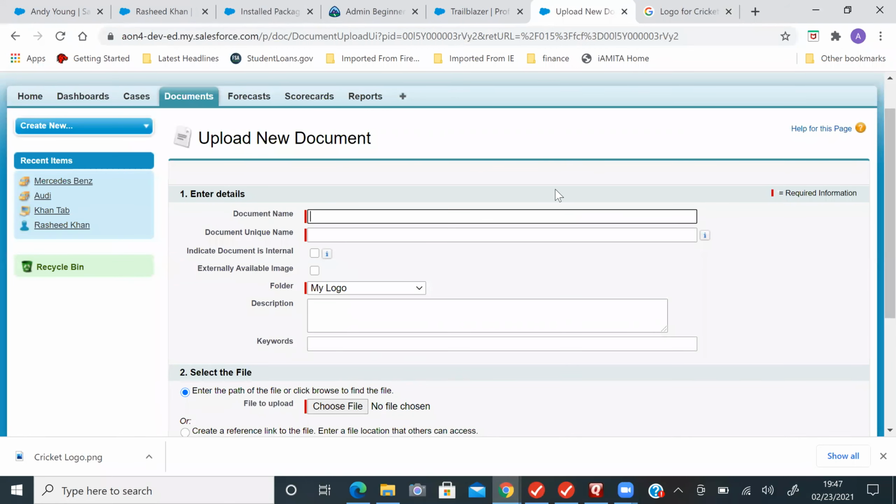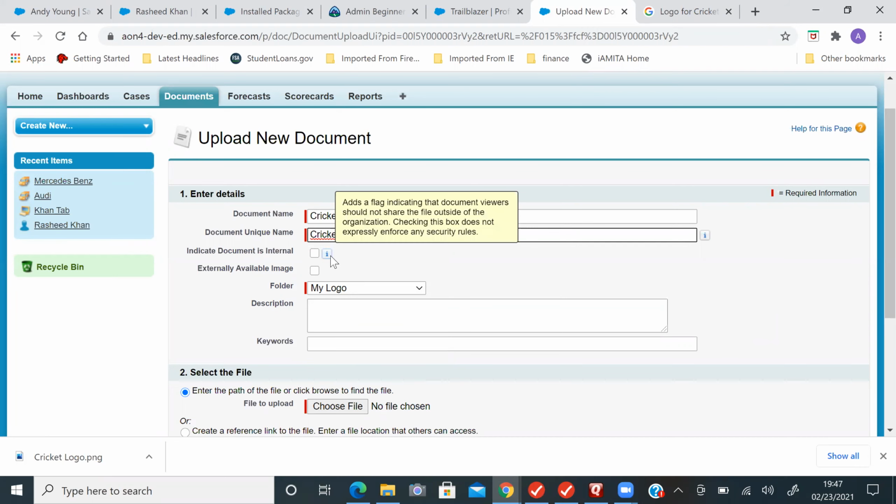Document name, cricket logo. You can read that help text: adds a flag indicating that document viewers should not share the file outside of the organization. Checking this box does not expressly enforce any security rules. So when you click this, the document will be available for the internal user as well.